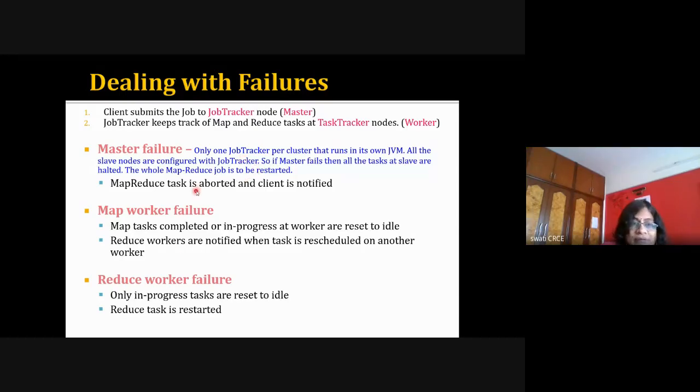But if a mapper worker fails, then the master can restart that mapper task on some other machine and notify the reducer also. If the reducer fails, it will just restart it on some other machine. This is basic, not exactly in detail, but overall this is what happens.